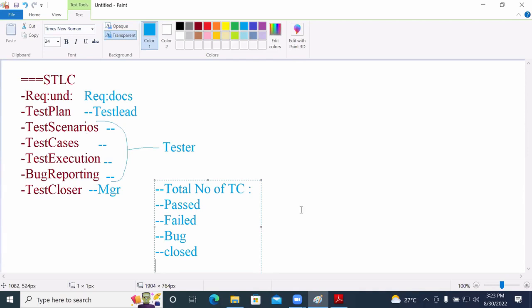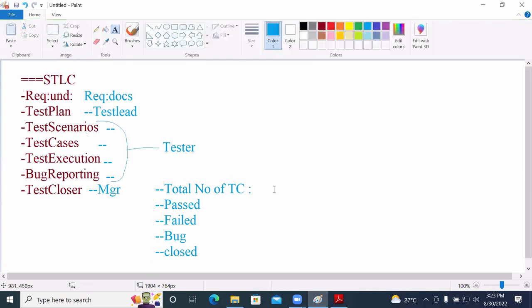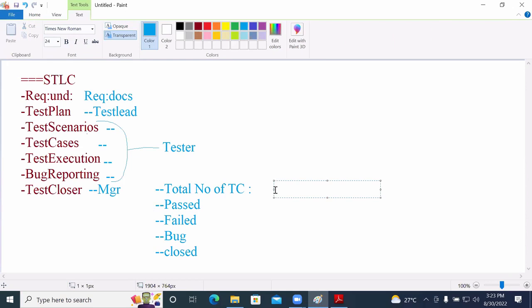Along with these reports, they need to collect the information on what documents have been created.